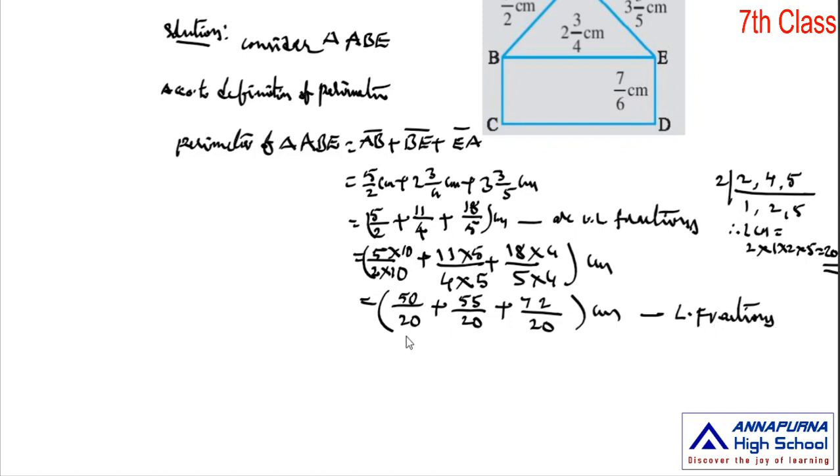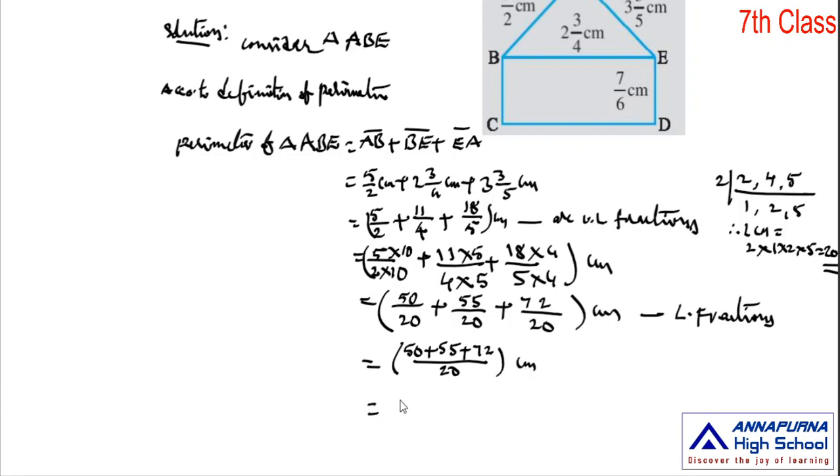So we will get into the like fractions. Now we know that the sum of the like fractions, where the denominators are the same, so these are like fractions, is equal to the sum of the numerators by the common denominator. Here what are the numerators we have? 50, 55, 72. You just add them. 50 plus 55 plus 72 by the common denominator 20